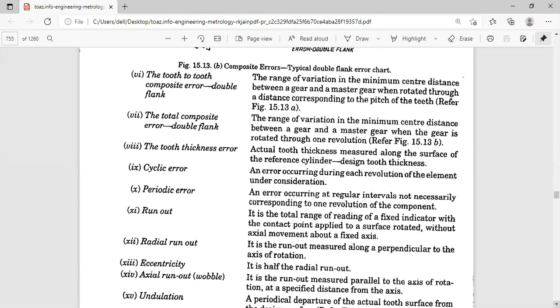Suppose you try to know the eccentricity in the Parkinson gear tester. If anybody asks why you have not just taken the value of runout, you can say simply, double the value of eccentricity is runout. That is the thing you can say wisely. So that's why we can check the runout not directly on the Parkinson gear tester.